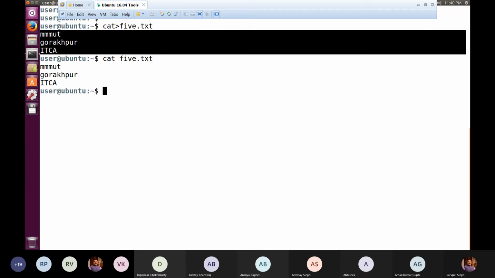That means whatever you have typed before Control D has been taken as the input file. Now cat is doing its usual operation and transferring those contents to the next file which you have mentioned as 5.txt. So when we later check 5.txt, we have the same content that we typed as part of the input file.